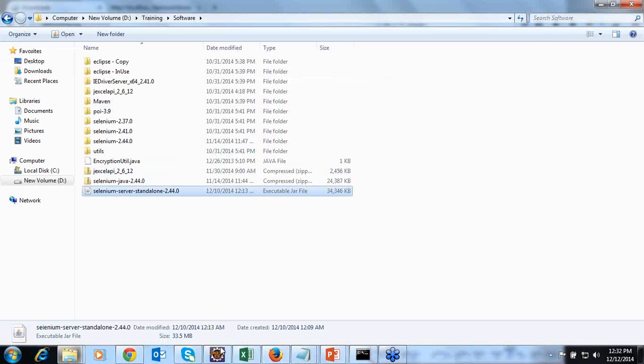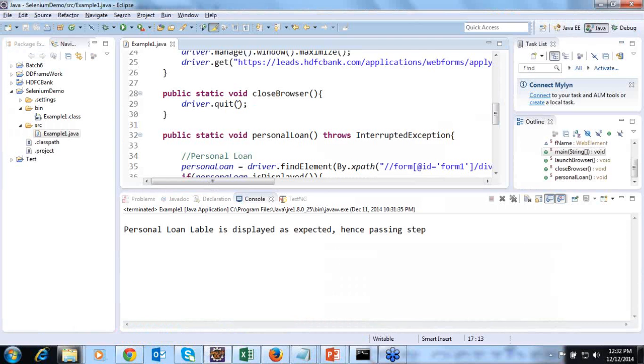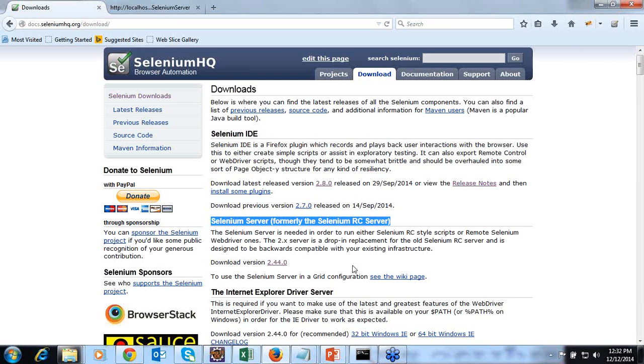Let me open Eclipse. Think that this is my script I have written using Java. I want to execute this script on a browser like Firefox.